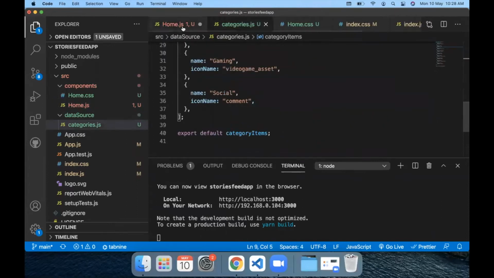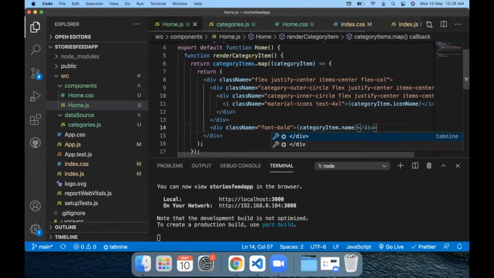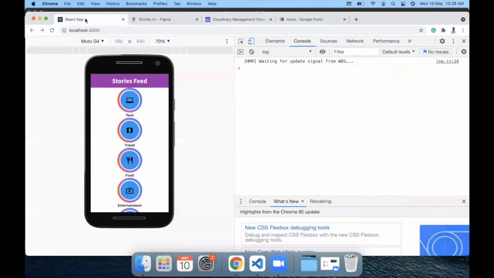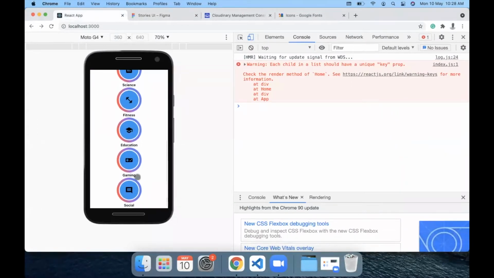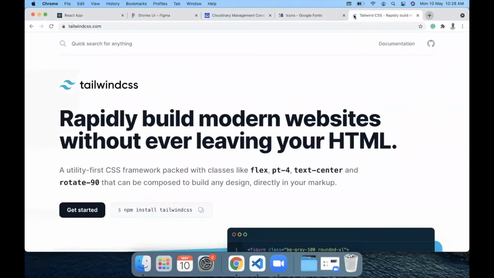So the name and icon name are going to be used. Once we are done with that, if we come back to our app, currently all the categories are populated with the icons. Only thing is they are not in a 3-column fashion. So for the 3-column fashion, we are going to use Tailwind CSS again.